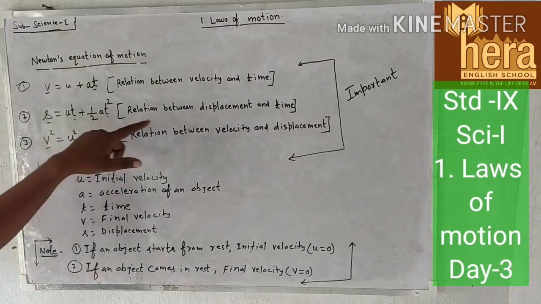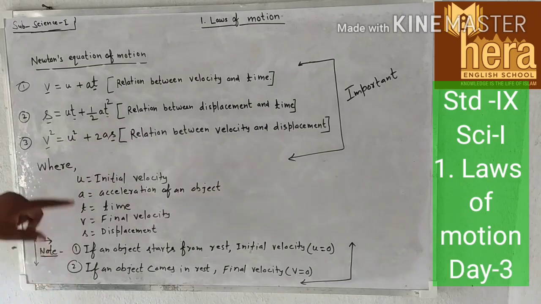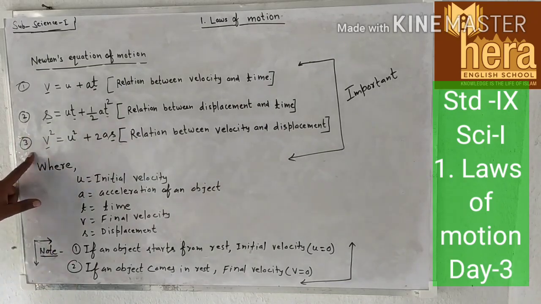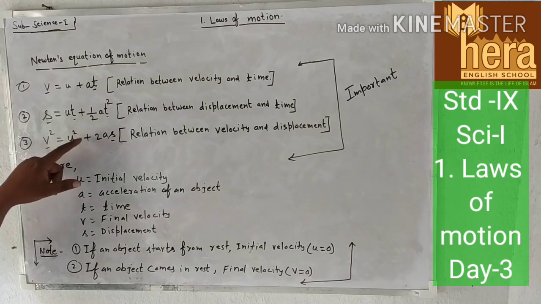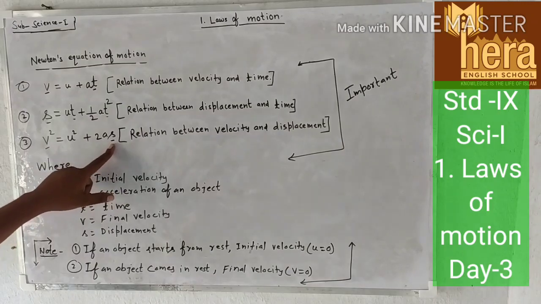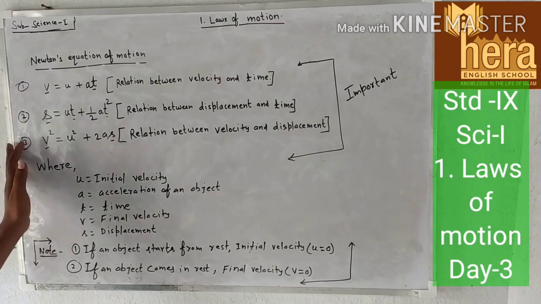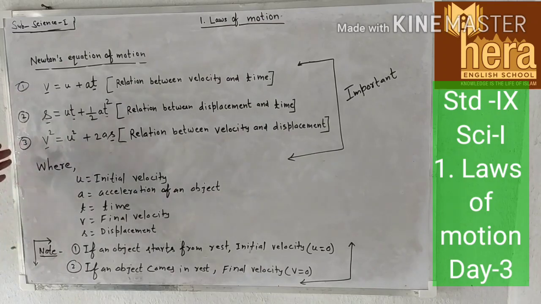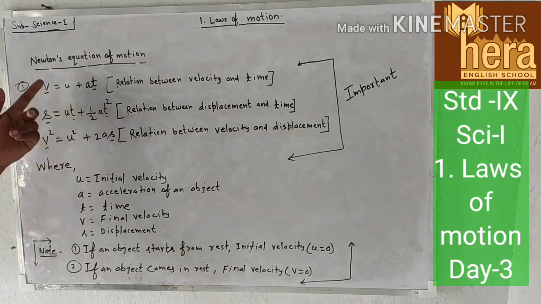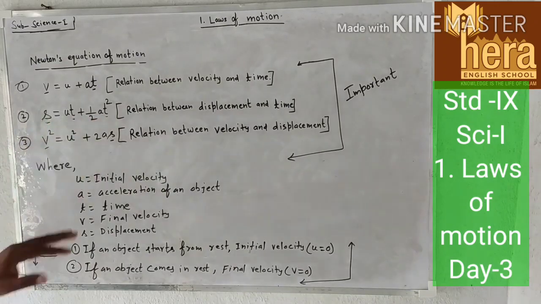This is the relation between displacement and time. Newton's third equation of motion is v² = u² + 2as. Relation between velocity and displacement. These all are important. This will help you in numericals. So you remember this: Newton's first, second and third equations of motion, where